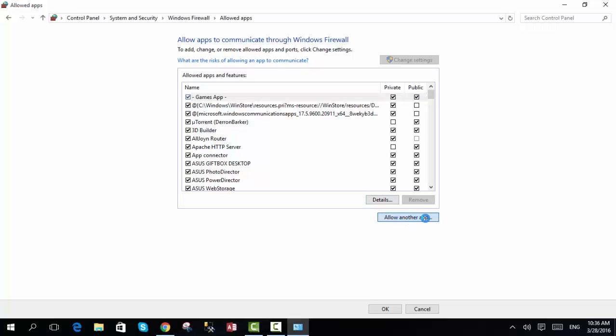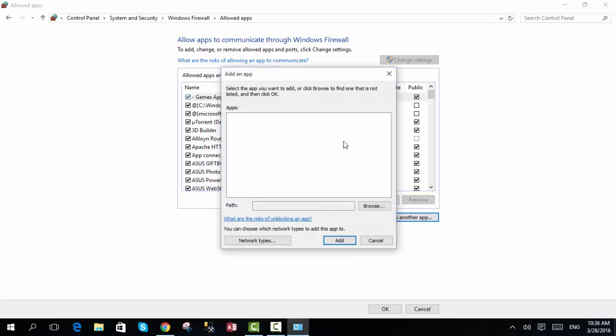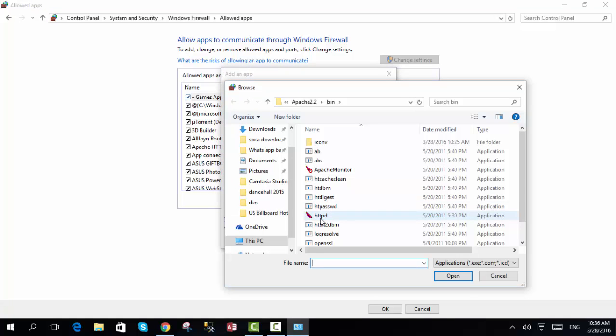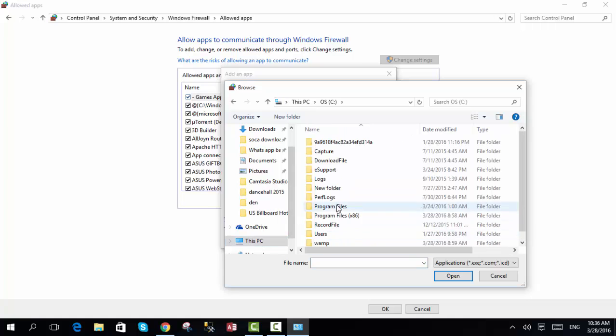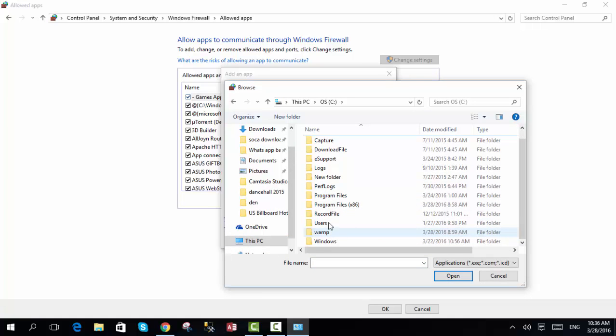You click allow another app, you browse for that app, you go to this PC and the exact folder where you have the Apache installed,